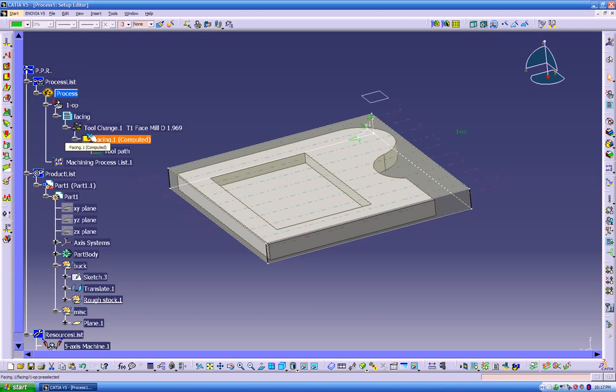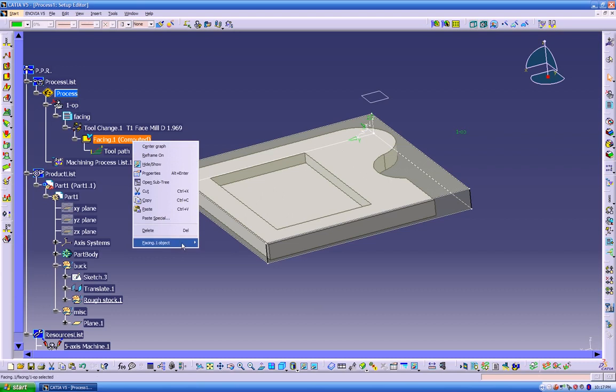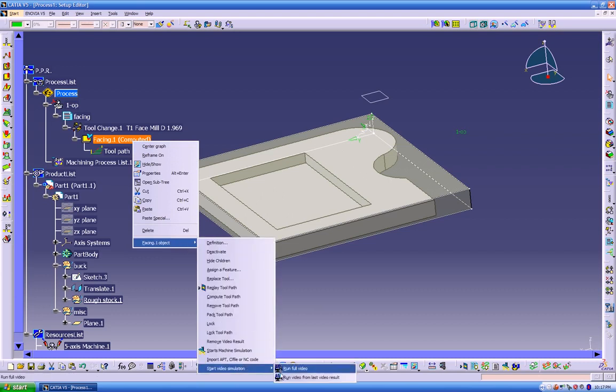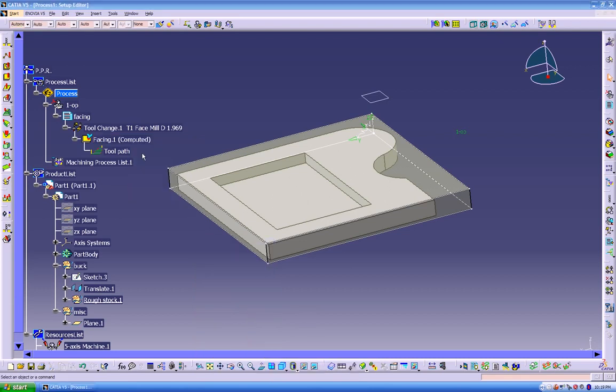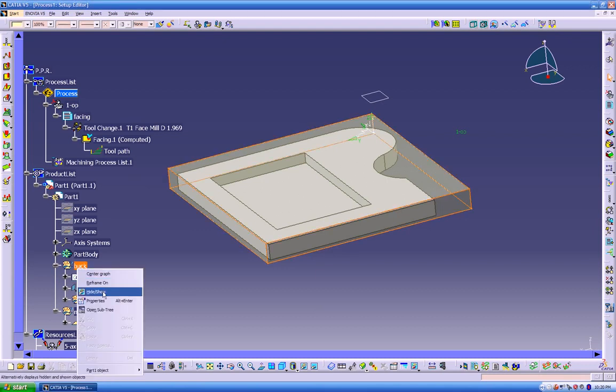We can see the blue mark in here. We can run it from the last video result. Now we're gonna be able to use this option over here, so I don't have to run the full video all the time. I'm gonna try one more time the first operation we tried earlier, the pocketing, and I'm gonna make a quick pocket inside this cavity. Let's turn off our bug design,